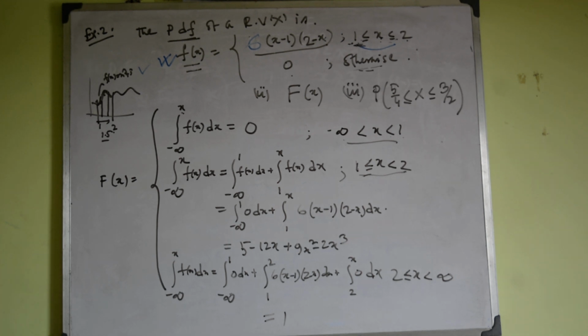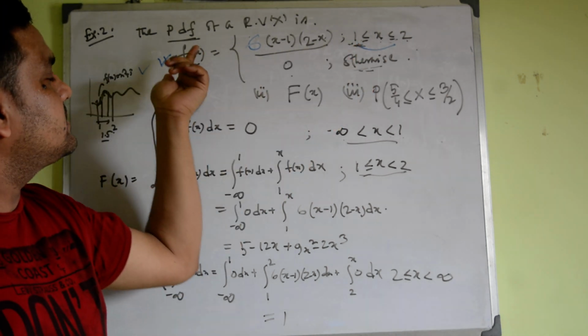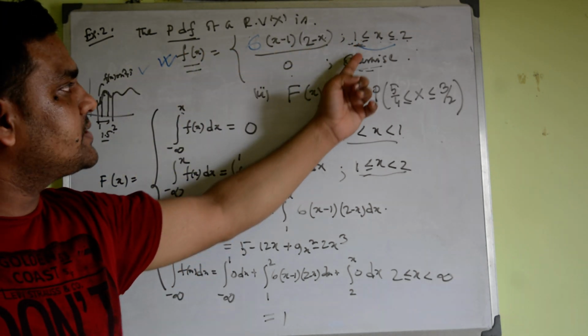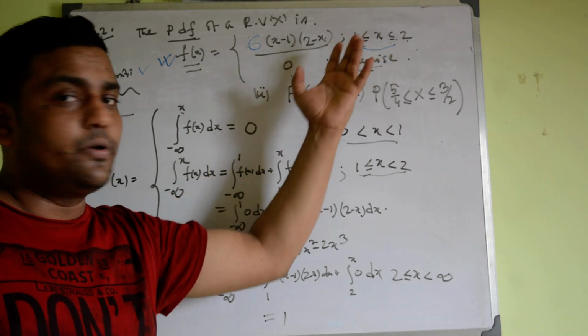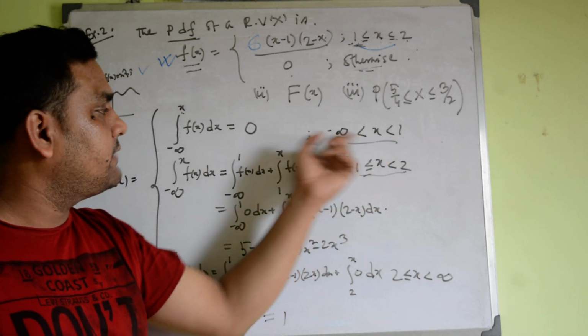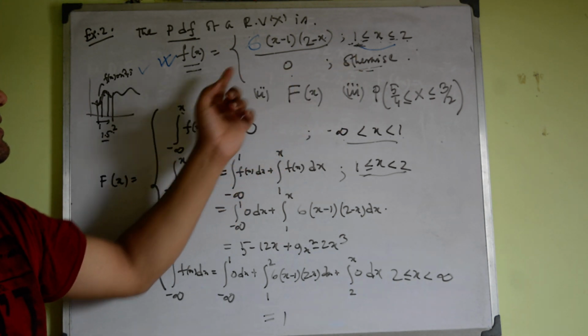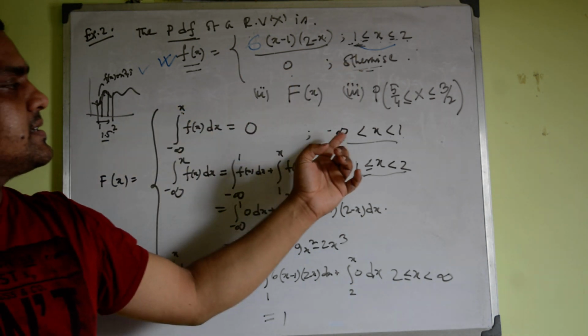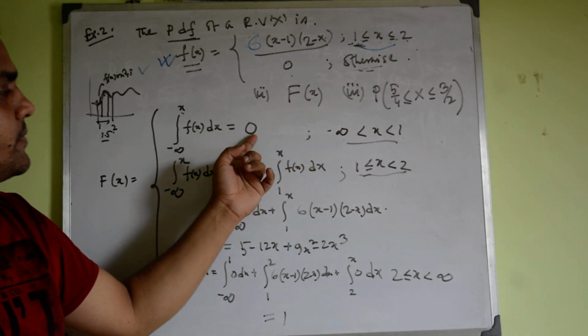So how do we calculate the distribution function? It's very simple. First we take the density function and look at the lowest interval. The lowest interval is x less than or equal to 1, so you just take the region before 1, that means x less than 1. So the value becomes the integration from minus infinity to x of f(x) dx. Here it is the otherwise condition, because minus infinity to x with x less than 1 falls in the otherwise condition, so the value is 0.